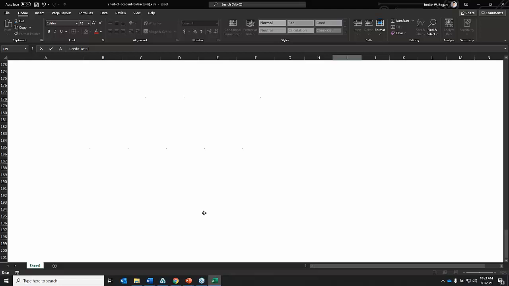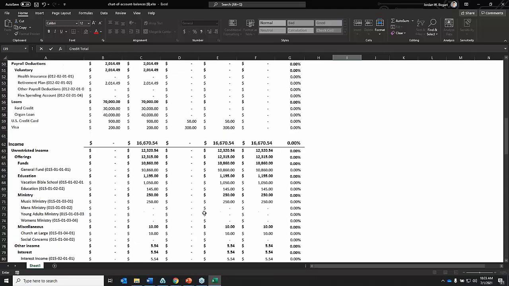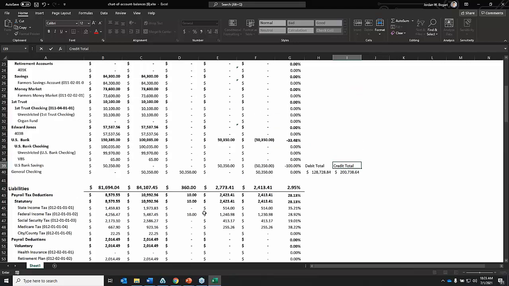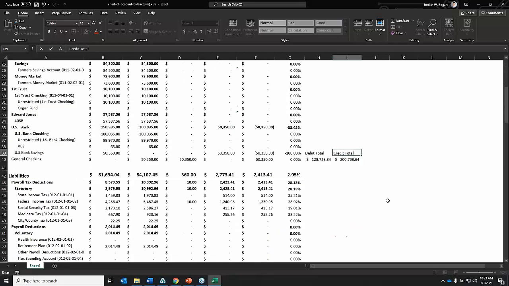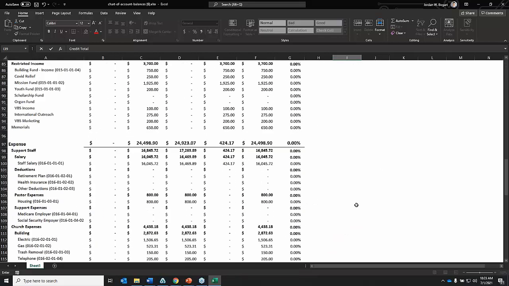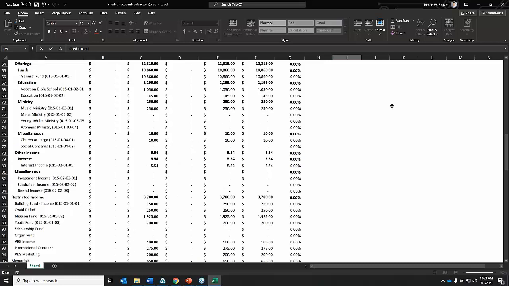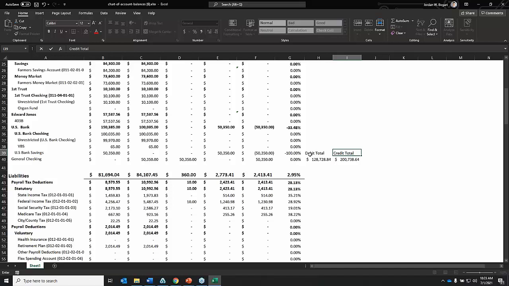And by doing that, your debits and credits should end up equaling out. You'll get your different debit and credit totals to balance out, and that's going to be a good trial balance report to make sure that you're in balance. You would just sum all those up, and then when you're done, you can sum the debit totals and credit totals to reach your trial balance. Now, one other thing I do want to mention here about this